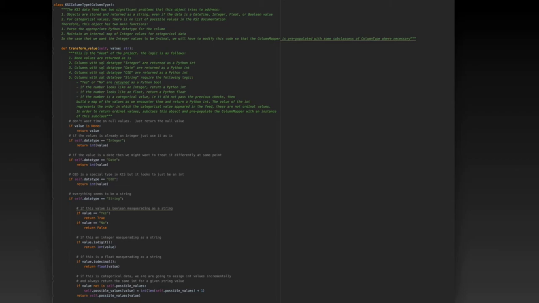This is my column type. What I'm doing here is looking at the values as they come in, and I just check. Some of them are actually integers in the database. The JSON says this is an integer, so I know it's safe to cast it to an integer. Dates also, I know what they are. But unfortunately, most of this data is string, so I'm going to look and ask, is it